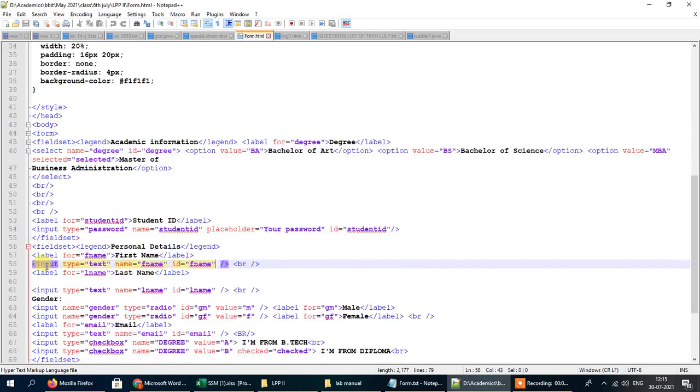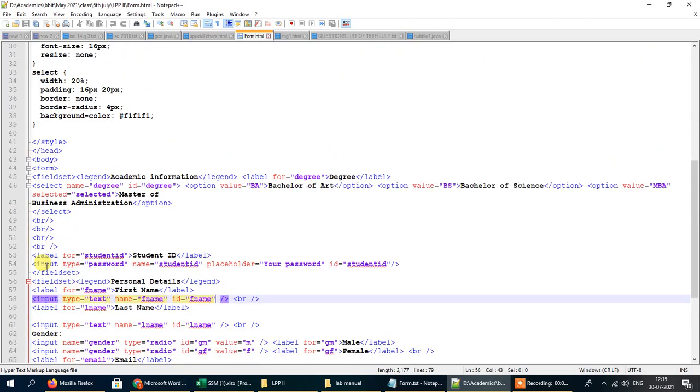Okay, so first of all, before we can create a form, we need to go to the body section and start the form by using the form tag. Inside the form tag we have to include the code for our form. As this form is a static form and we are not sending it to any other web page, we are not including any get or post method inside the attributes for this form. We are simply including the form tag.